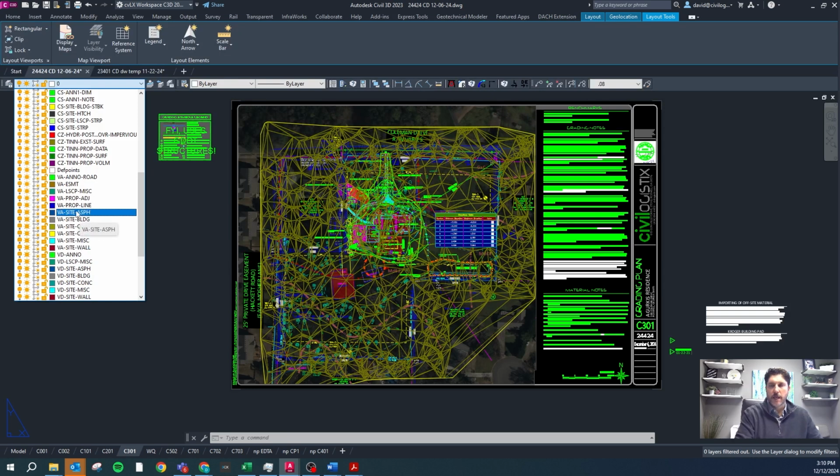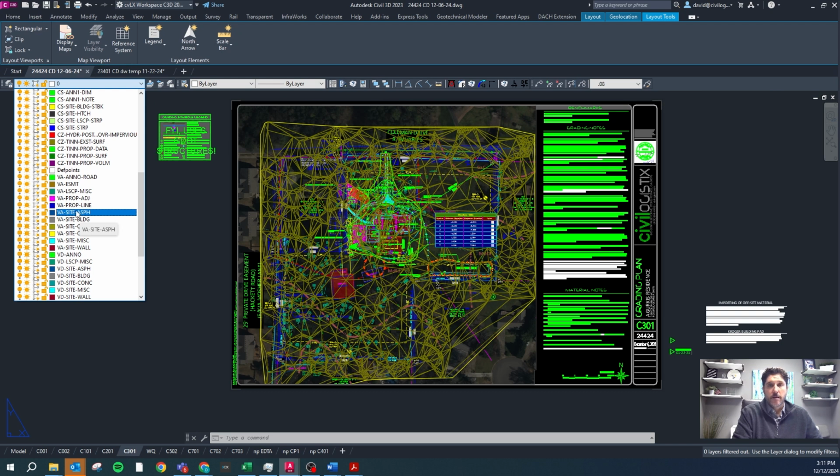So our annotation layers and our improvement layers function separately. So we have up to 5 different site layers, and all 5 of those site layers will all show the improvements, the same buildings, curbs, gutters,